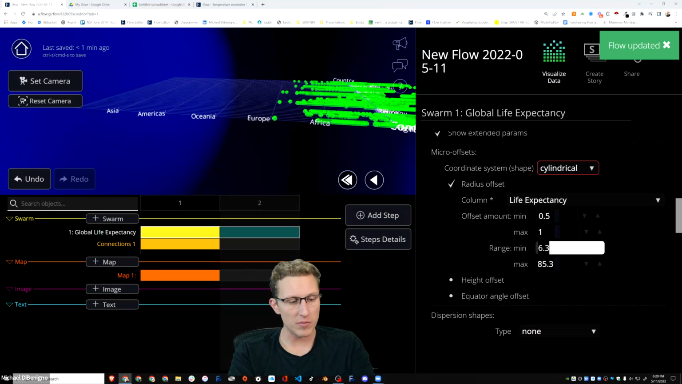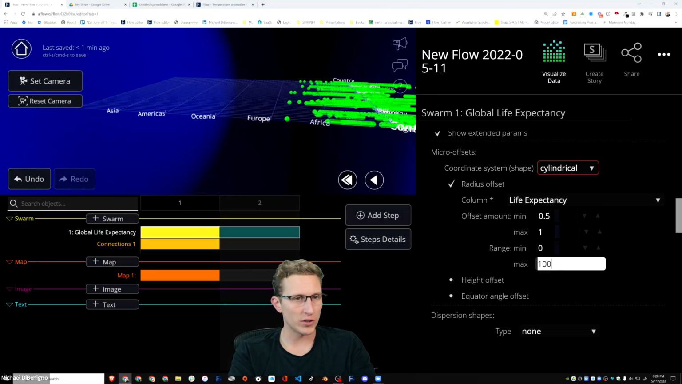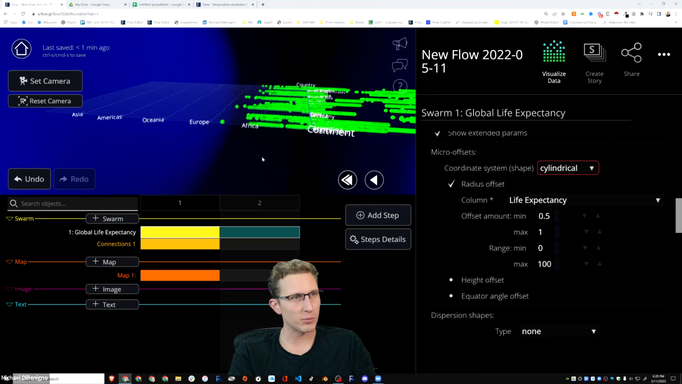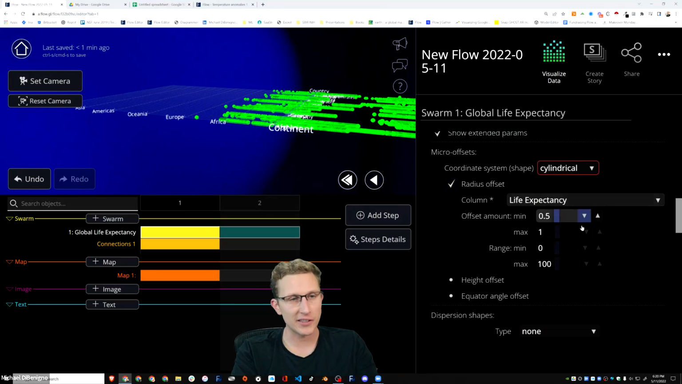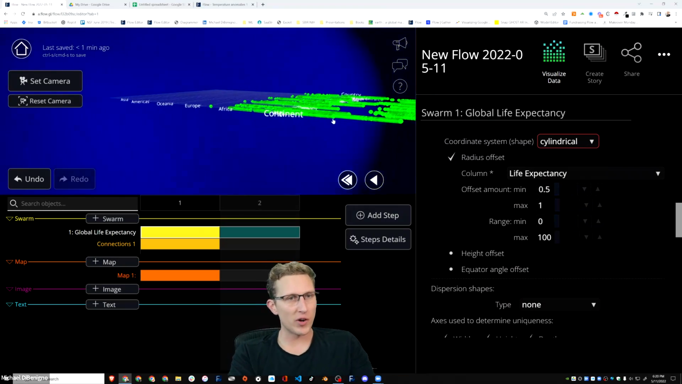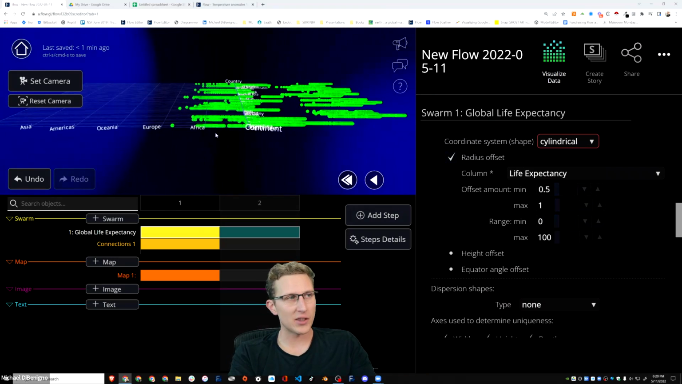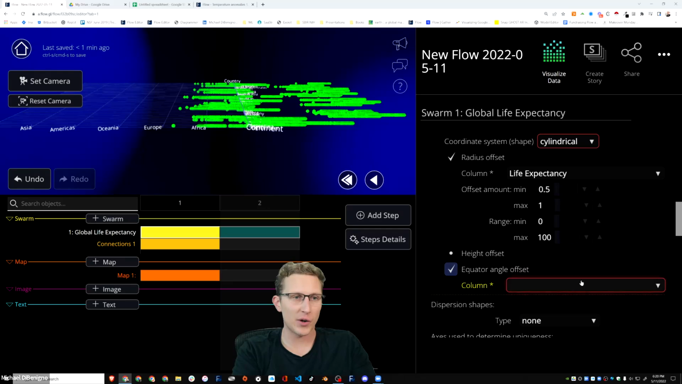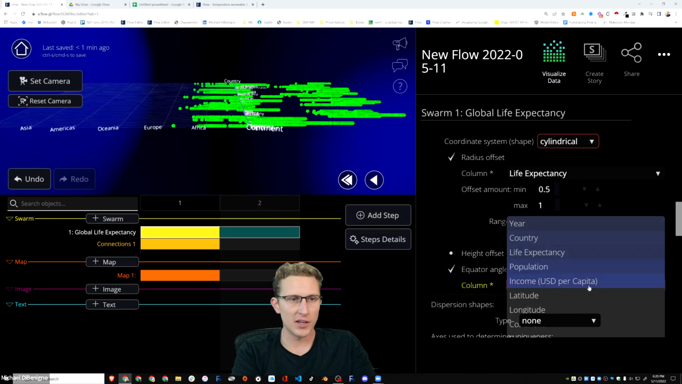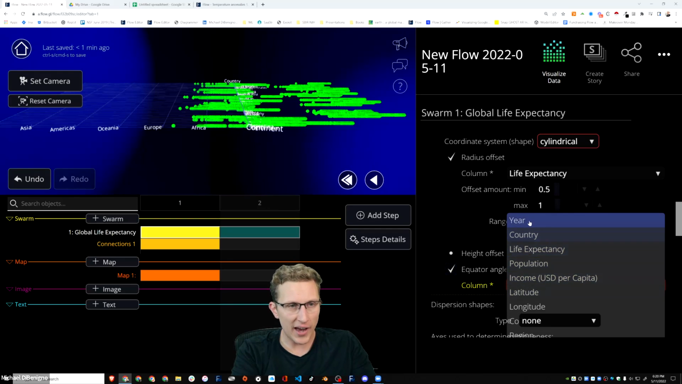And this is going to be the min and max. I'm just going to set that equal to 0 and 100, just to have something that's pretty easy to calculate if I want to add an axis later. And so you'll see these are moving out on the radius. The reason they haven't gone around is we haven't defined the equatorial angle offset. And if we set that to, I should set that to